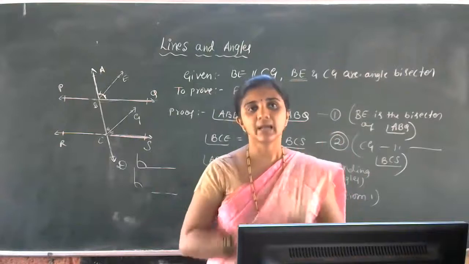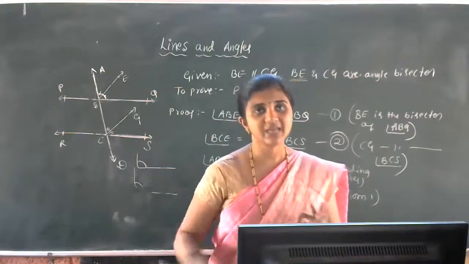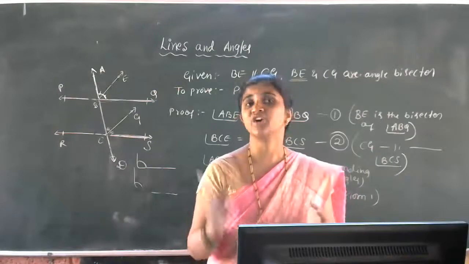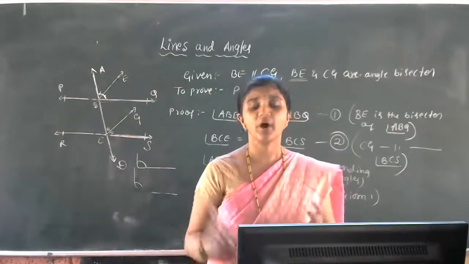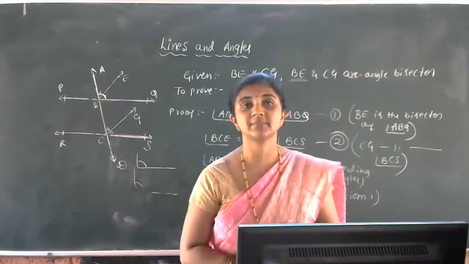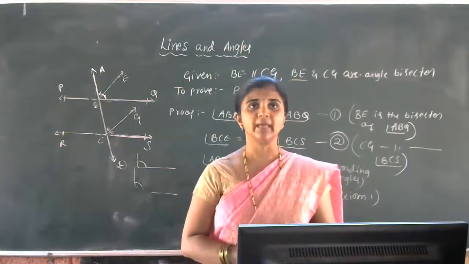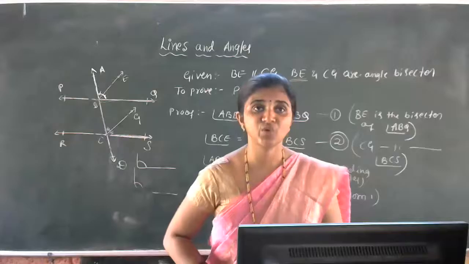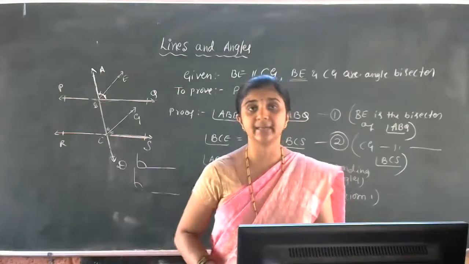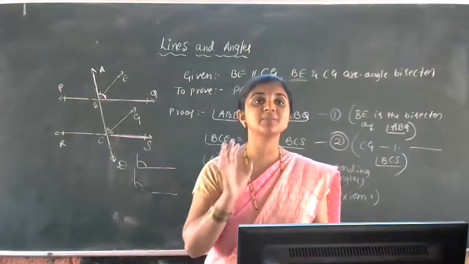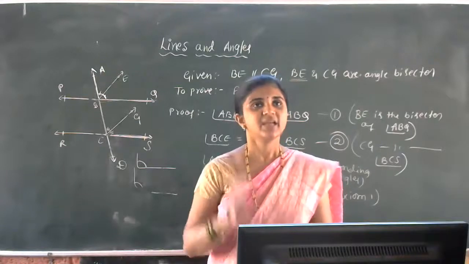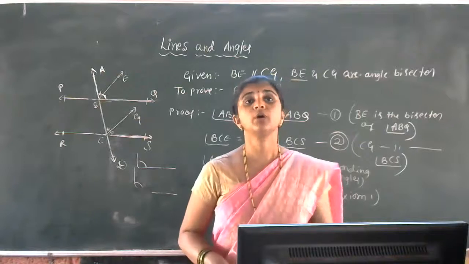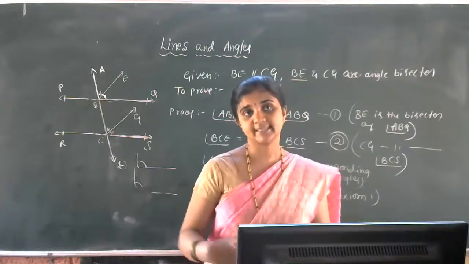Apply that corresponding angles are equal, alternate angles are equal. Or you can use vertically opposite angles, or linear pair, or interior angles on the same side of the transversal. So that is left for you, students. And the second exercise is homework. Total 6 problems are there. All the 6 problems are very easy. Try to work out all the 6 problems, and tomorrow we are going to discuss those 6 problems